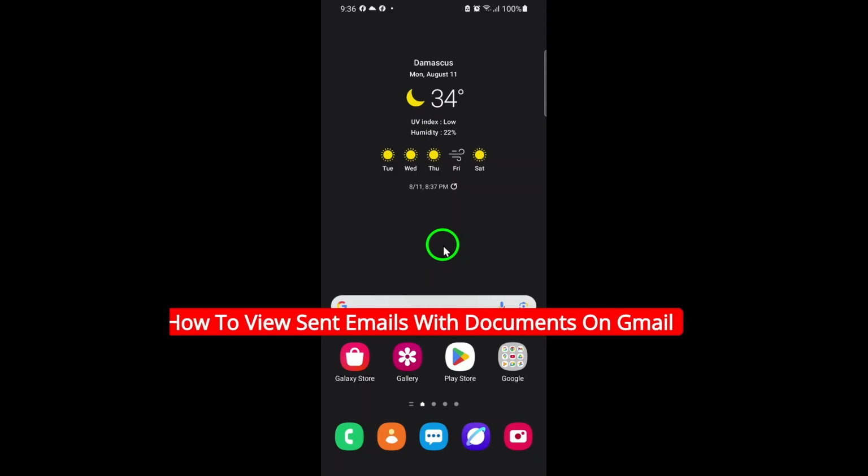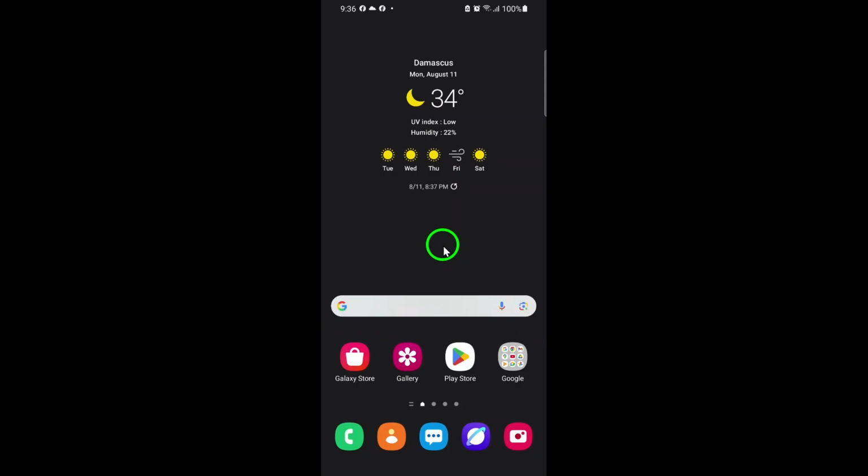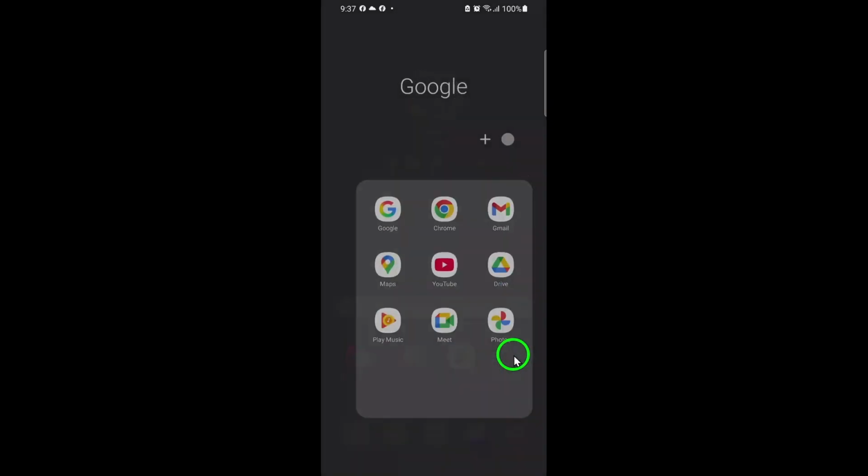Today, I'm going to show you exactly how to view your sent emails with document attachments on Gmail, whether you're using an Android or iPhone, and everything is up to date for 2024. Let's dive right in. First, open the Gmail app on your device and make sure you're signed in to the